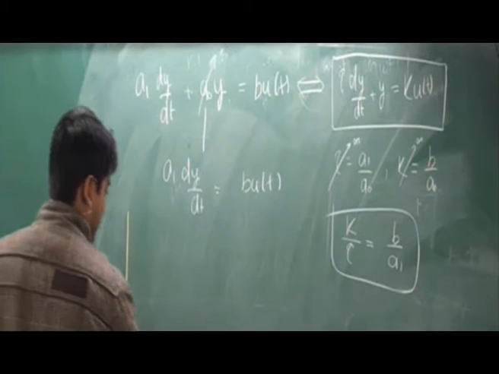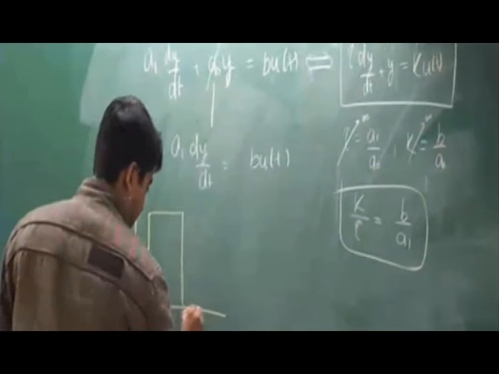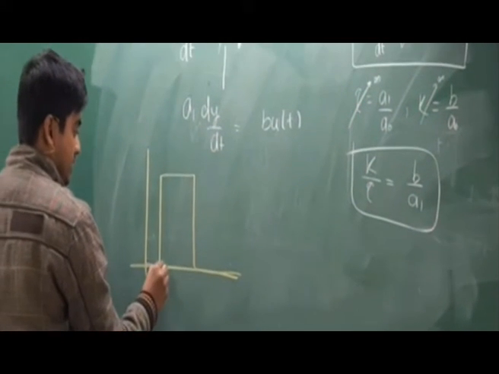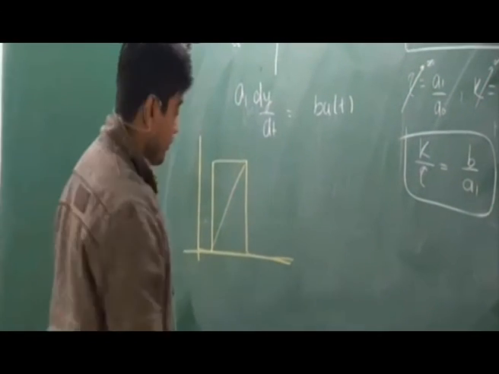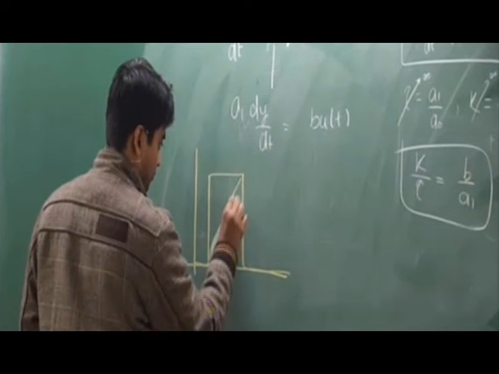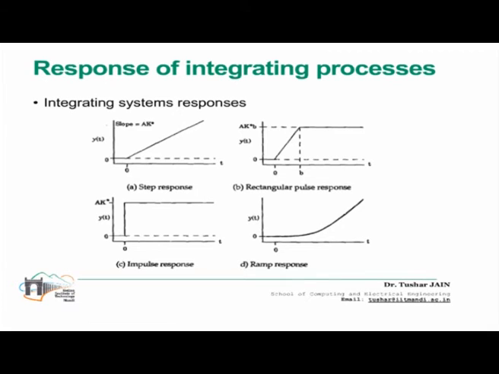Why? Because if you see the rectangular pulse, it is like this. Until it receives a step input, the output will increase linearly, and afterward the input becomes zero, so the output will remain the same. This is my y. This is my u. Okay. The similar kind of behavior you would experience with the impulse response,